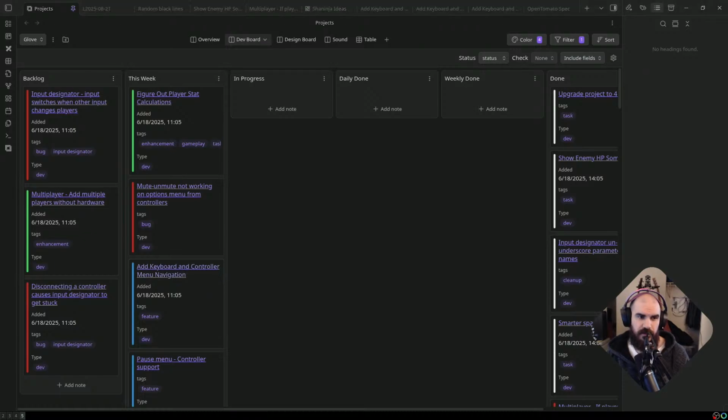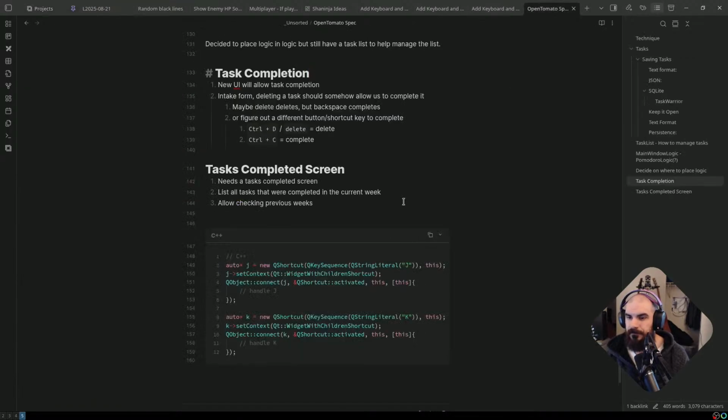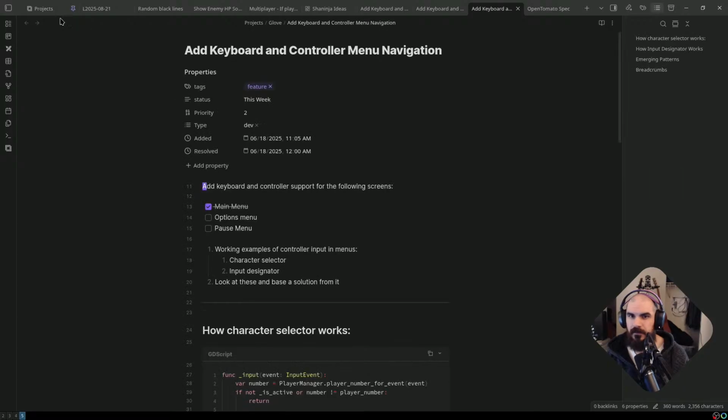Oh, what's going on? Oh, it crashed. No, it didn't crash. It's just frozen. No, it's crashing. What is going on here? There we go. That was weird. Okay. Now that we've got that,